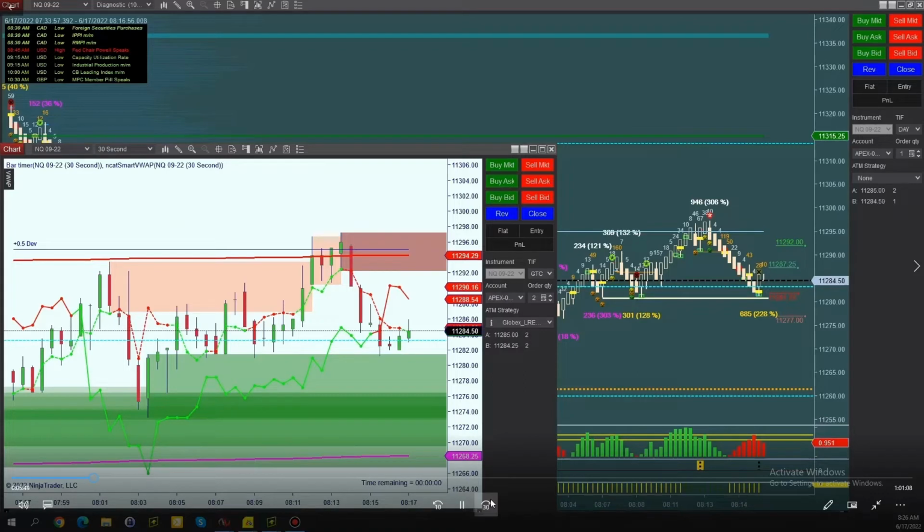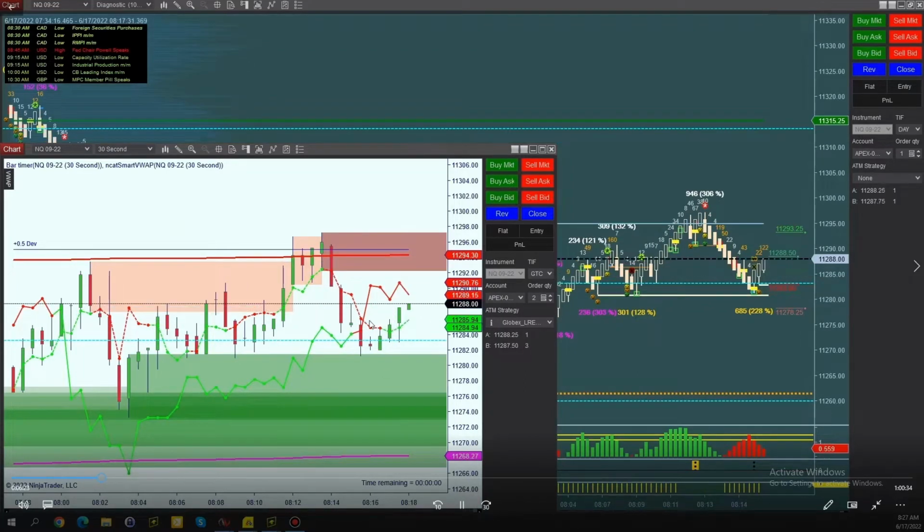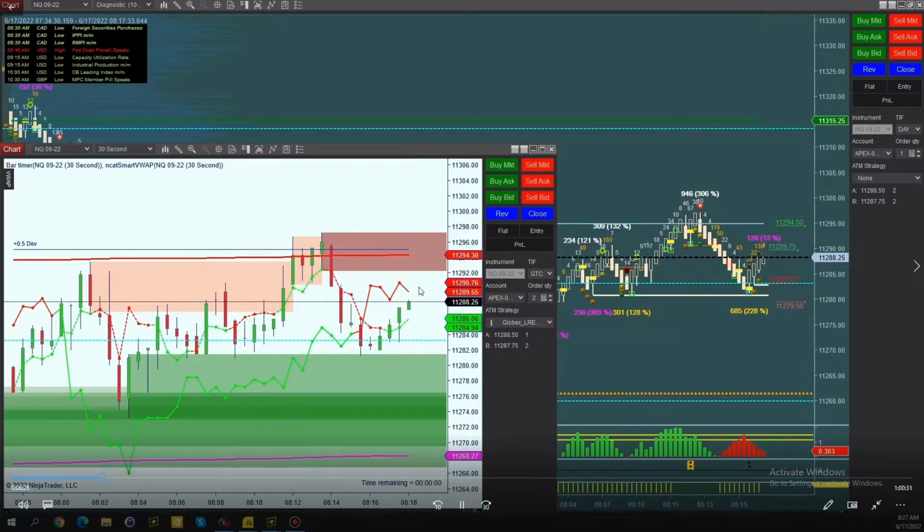Kind of hanging in there. Okay. Probably would have got you the win if you took this. I do like this. Came down, bounced off this mini magnet, went up, came back down, tested the wall, laid a mini magnet there, telling me, hey, it's probably going to push off here a little bit. So I do like that.